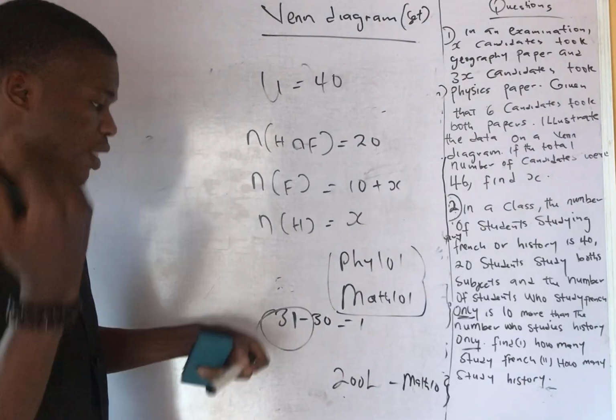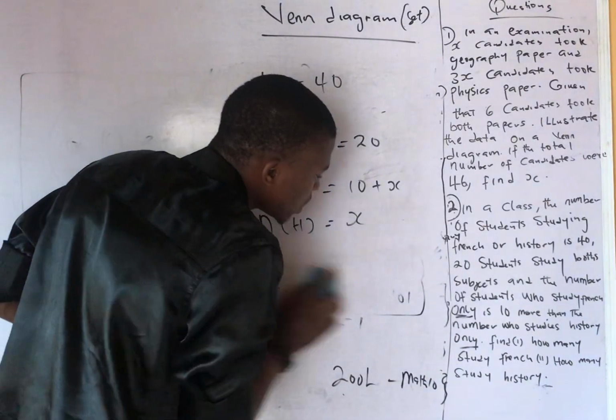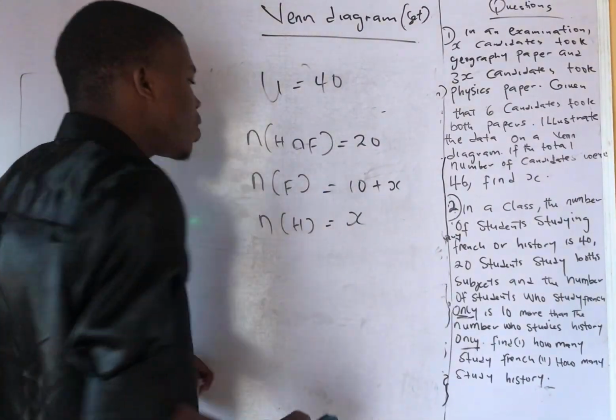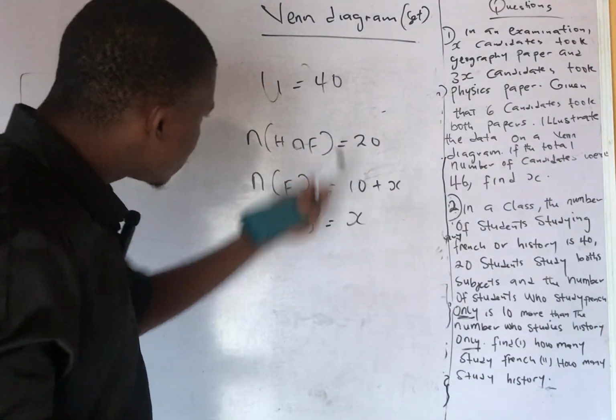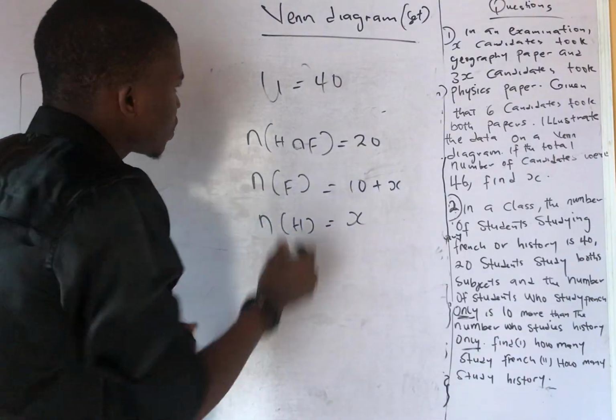You can pause the video and go back again, or put on slow motion to understand what I just said. That's the only concept. Take note of it. Now we want to get the number of students that studied everything. Now since we have 40,